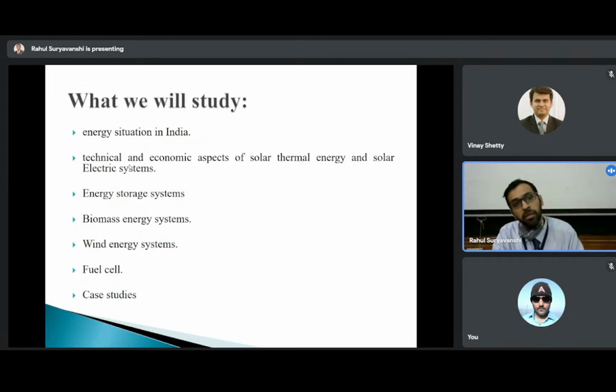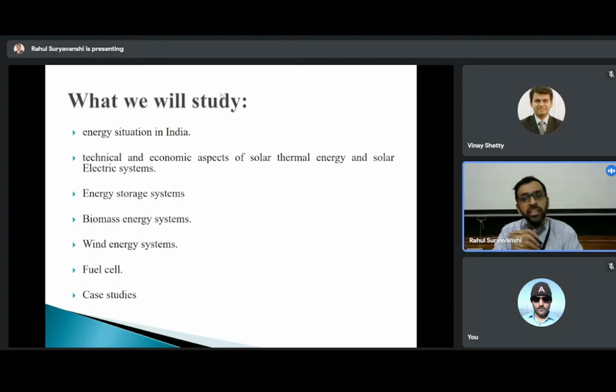Then there are thousands of companies which develop the communication networks, communication systems, and weather monitoring systems for these things. So the technology is evolving, and there is a requirement for budding engineers and experienced engineers in this field. Basically, when we talk about why we study this subject, first of all, as I said, you need to understand what renewable energy is and how you can contribute towards it. That is one of the things we will be studying.